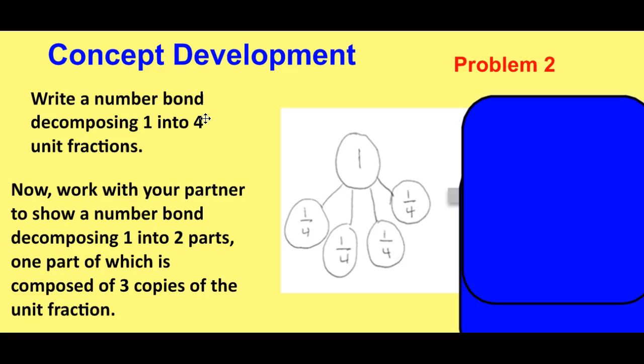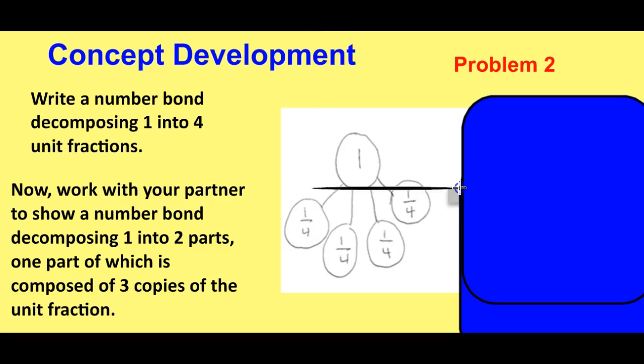So now we're going to take this same number bond and we're going to make a new number bond out of it. It says work with your partner. You don't have a partner, but we're going to show a number bond decomposing one whole into 2 different parts. So instead of having 4 different parts, we're going to have 2 different parts. One part is going to be composed, which means made of 3 copies of the unit fraction. So if I'm going to have 3 copies, that means I'm going to have 3 of these unit fractions